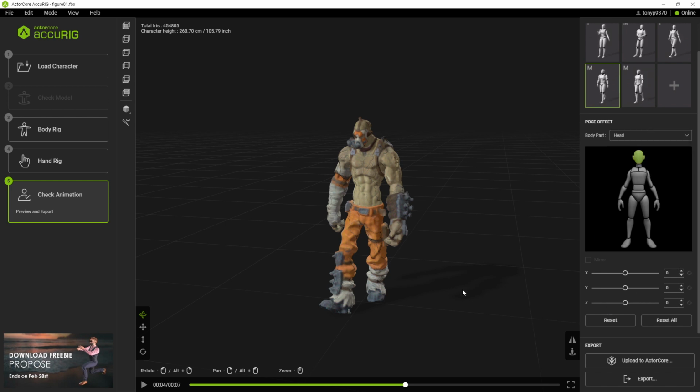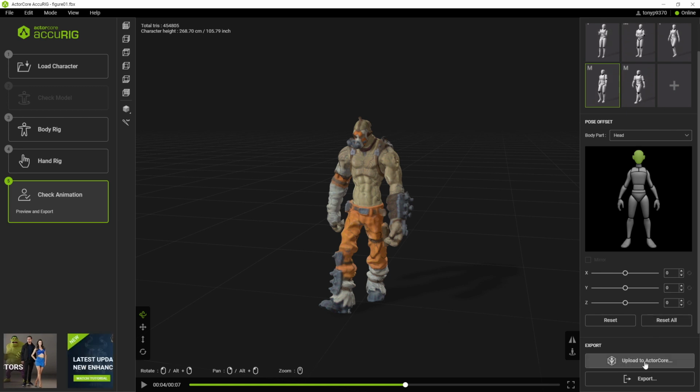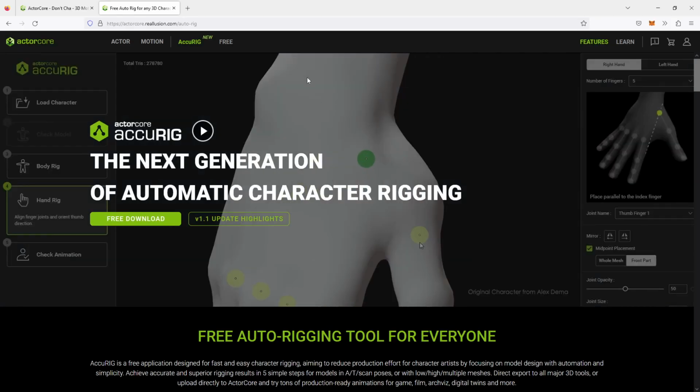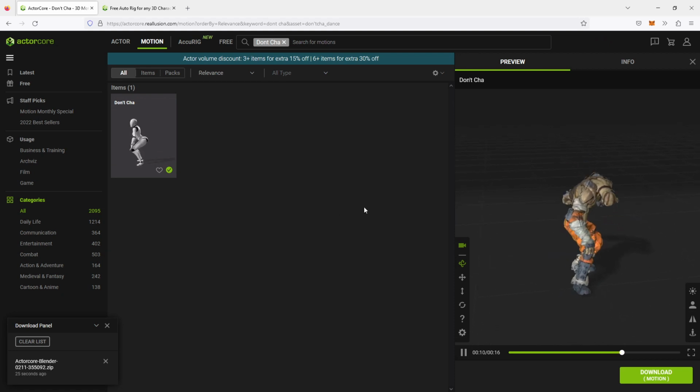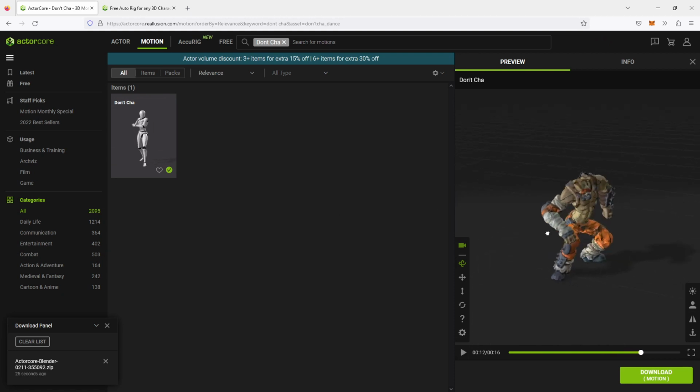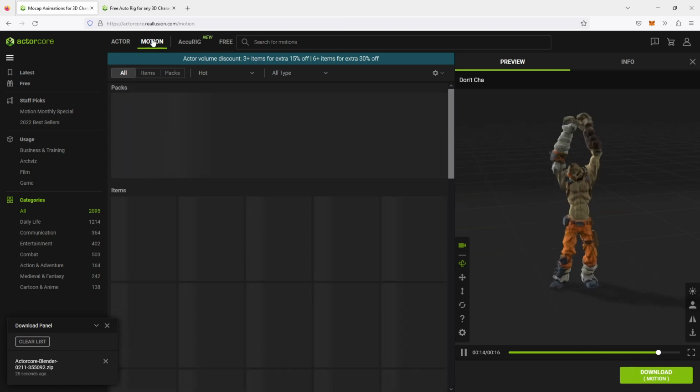Okay, now once you're happy with your animation, make sure you're still signed into the Reallusion website, because select upload to ActorCore. So then what that will do is that will import your figure into here, and then we can change